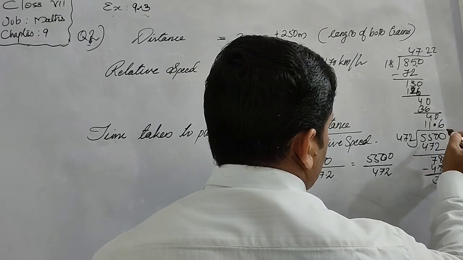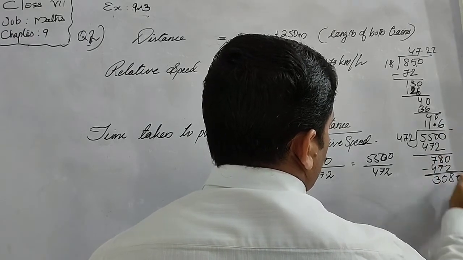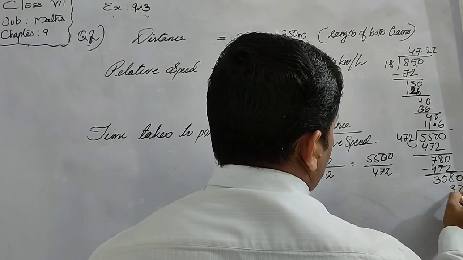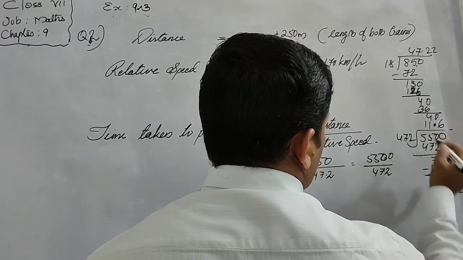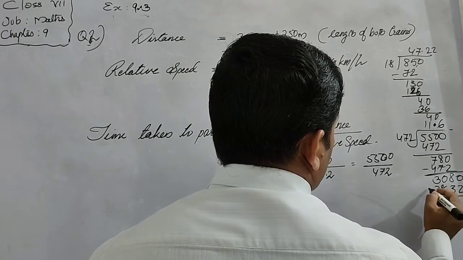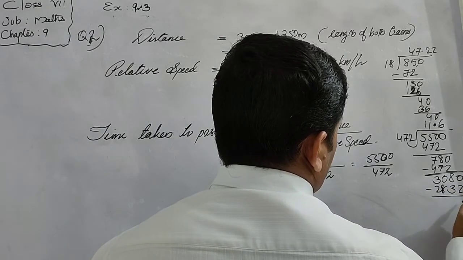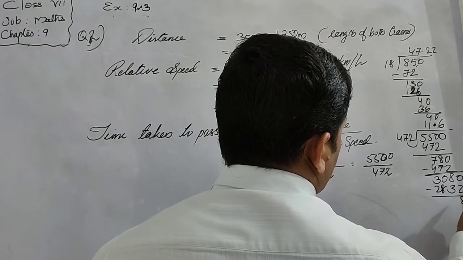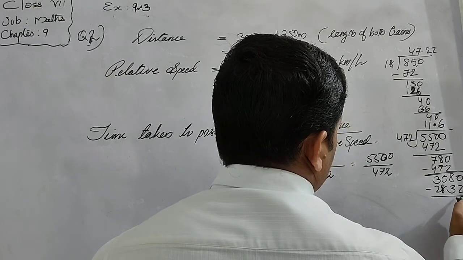Then 6 times 6 2s are 12, 6 7s are 42, 43, and 6 4s are 24, plus 4 is 28. Then we subtract, then we get 8, and 7 minus 3 is 4,